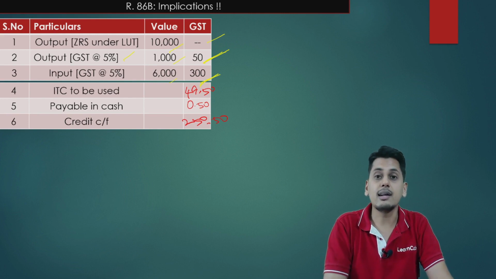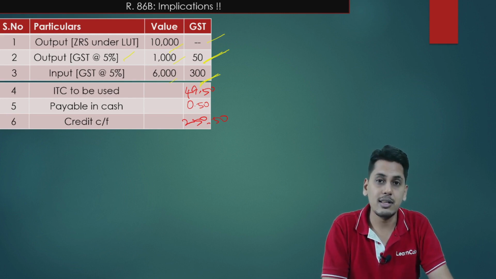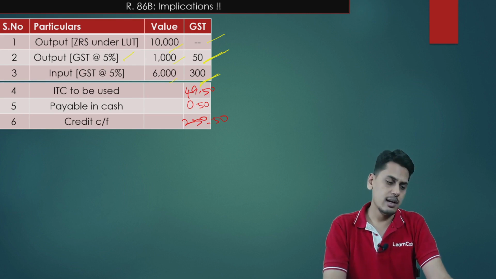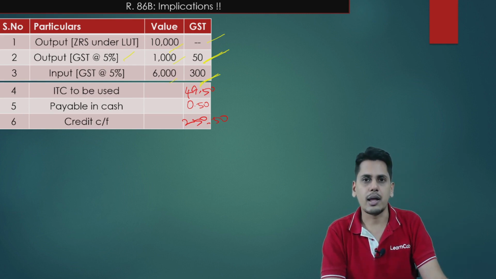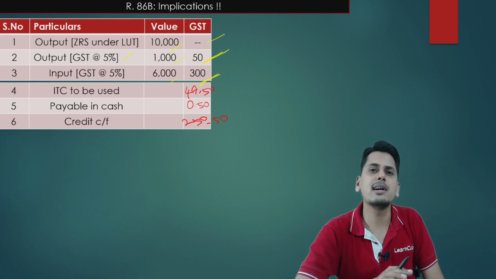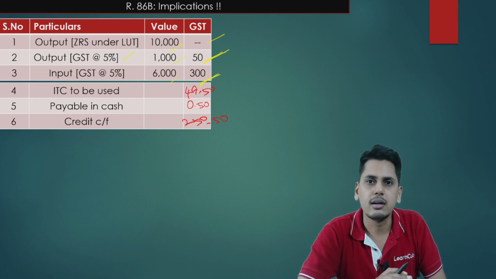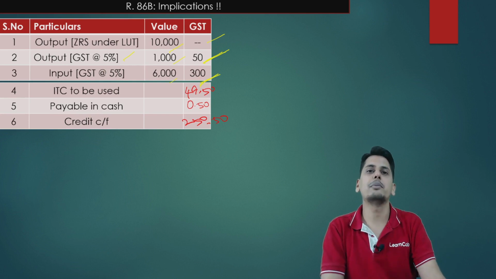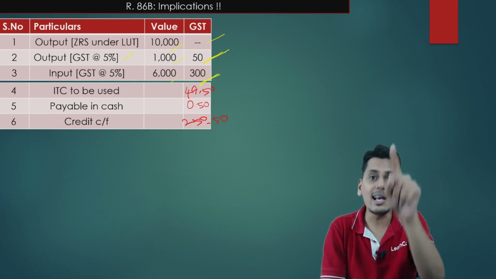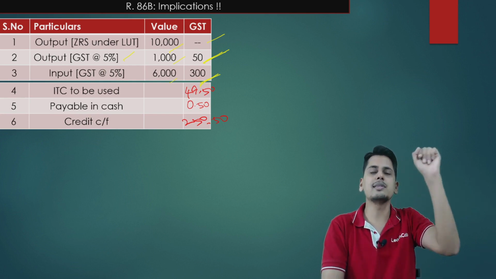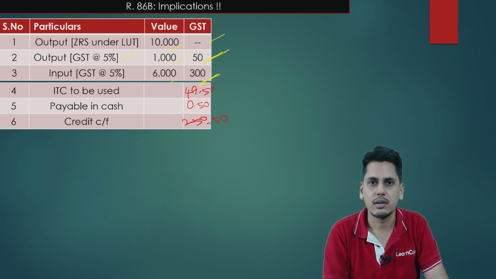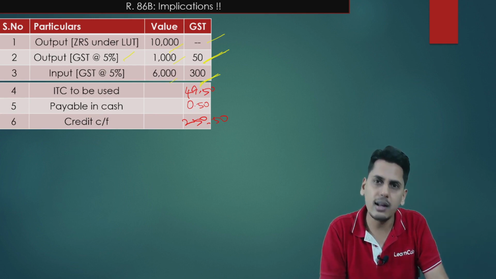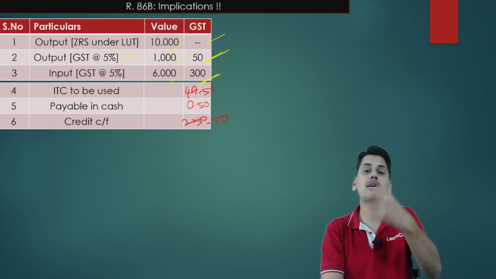Now friends, the taxpayer is agitated. This particular registered person is agitated because, friends, please understand, this person is making a zero rated supply. Now friends, when a person is making a zero rated supply, let's say under LUT, should he get a refund from the government, or should the government ask him tax from his electronic cash ledger? Friends, the scenario is, any person who is making a zero rated supply under LUT, he could claim a refund